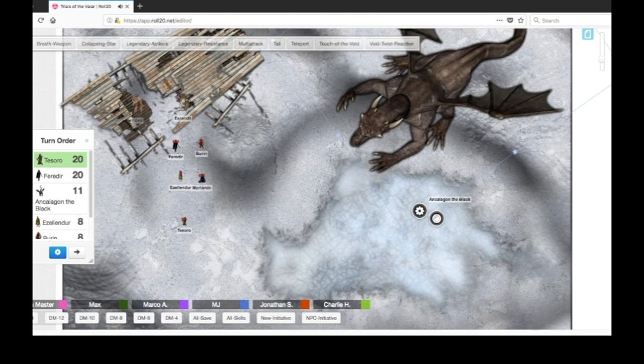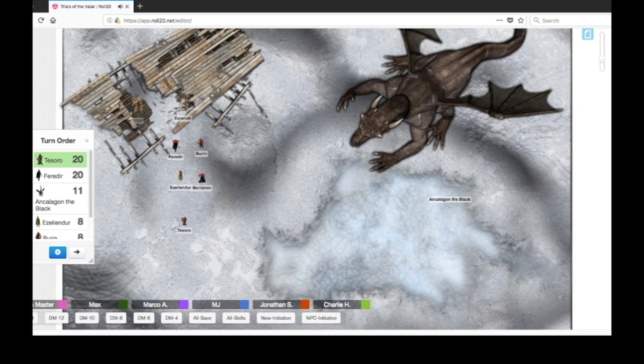Yeah. Actually, you don't go first, my friend. I'm sorry. So, everyone, I need you to make... Let's see. Okay, so it's a 90-foot cube. Yeah, that's everyone. All right. So you guys need to do a...